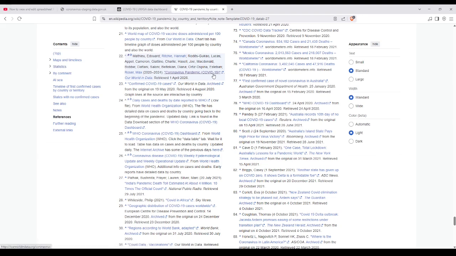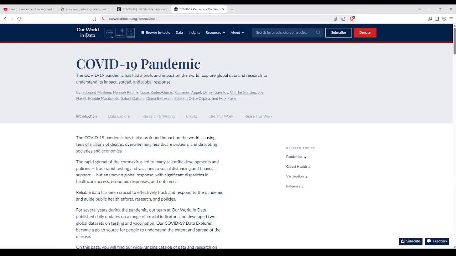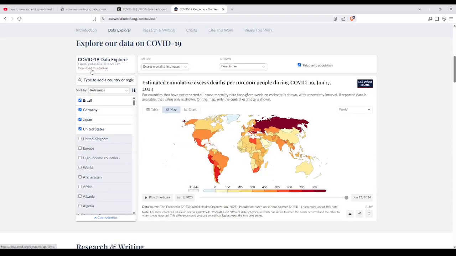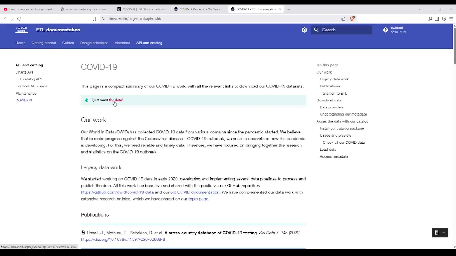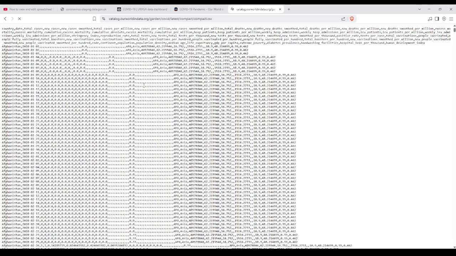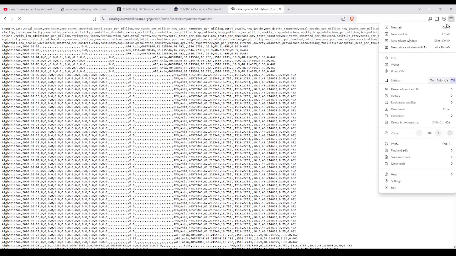So anyway, we go to that reference and you see, okay, that's a very good data set. We scroll down here, they have this stuff, but they say download this data set and it's about the whole world. So I click there and I just want the data, which is what we want, and then download our compact data set. Now the chance is that your browser, instead of starting to download this .csv file, just tries to show it. If that happened, you can try to save the page,